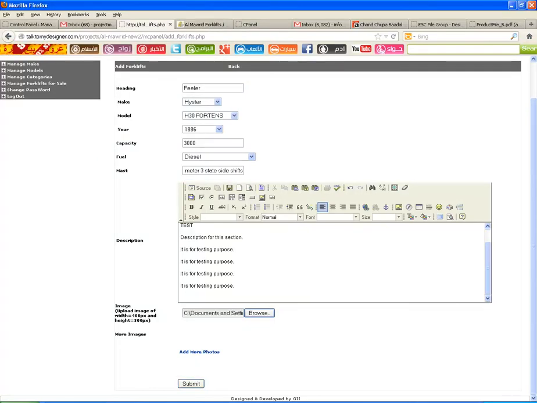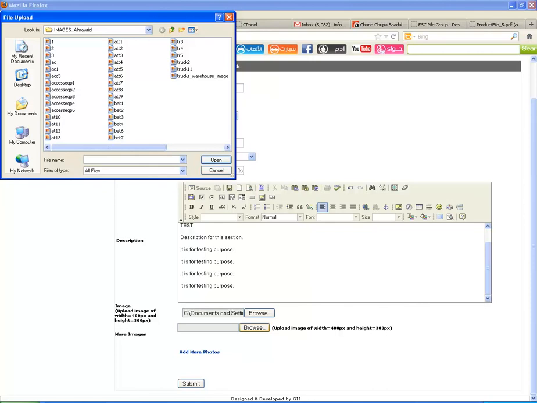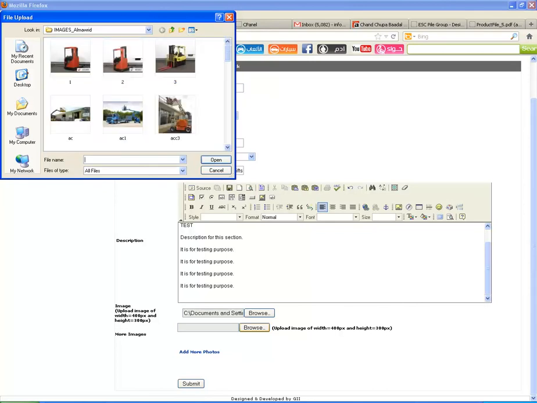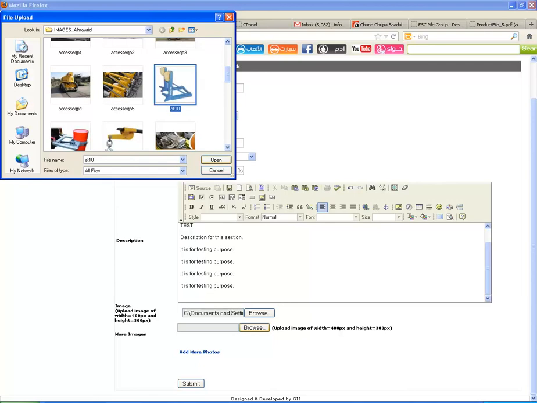It's opened, and if you want to display more photos in the website, you can do it by clicking on add more photos. Then it will display an area like this. Here you can browse for images and select the images which you want to add in the website.